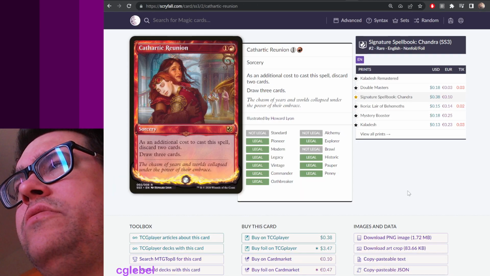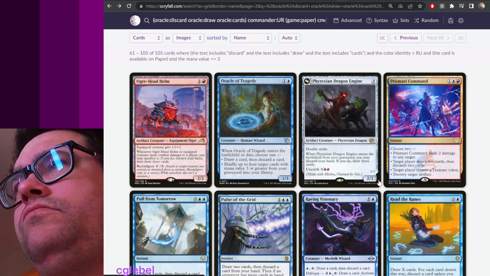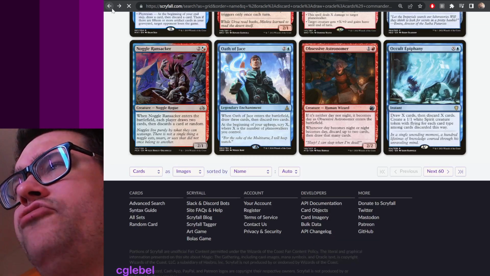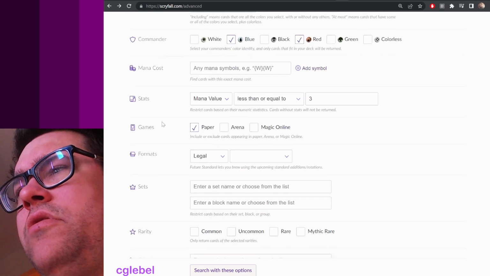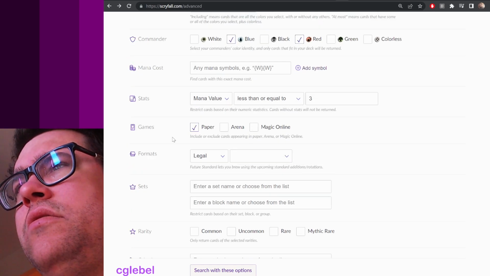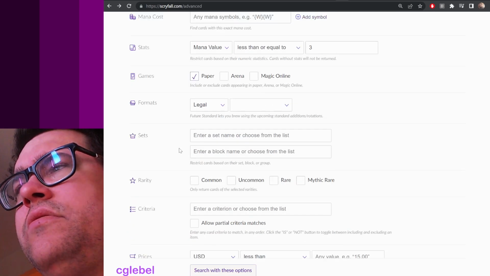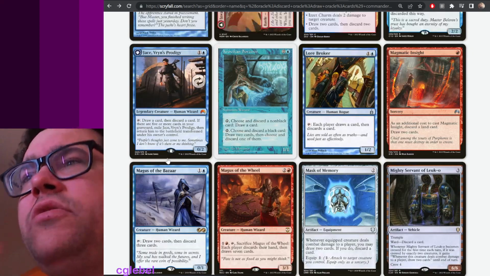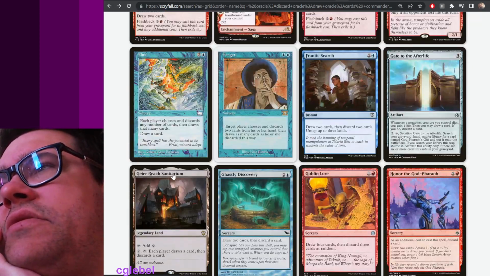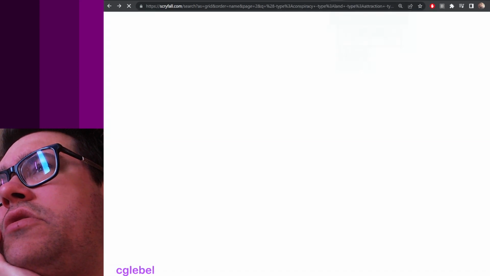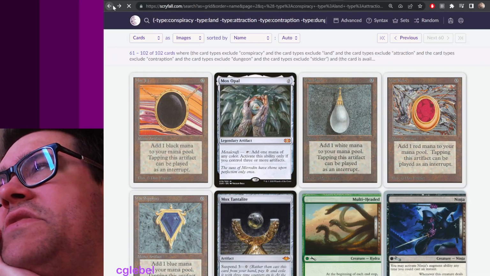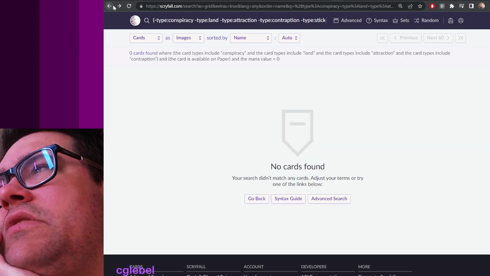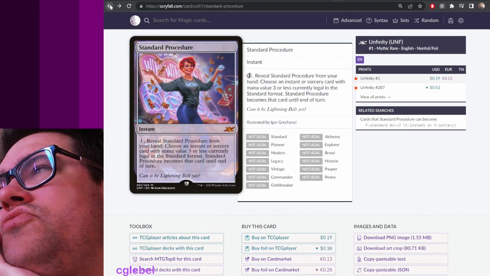Wishclaw Talisman, this thing. So here, for example, was a search for this card: draw cards, in blue-red, mana value 3 or less. So literally everything costing 3 or less that would draw cards. And you just take some time and read. What is this here? You can't read that too well, but if we go to this here,